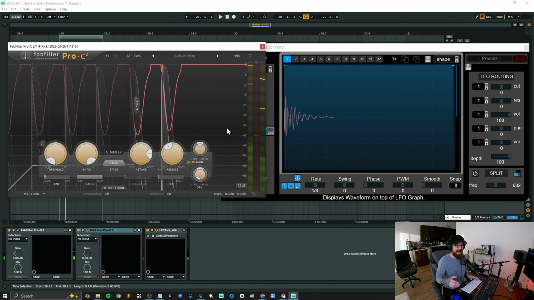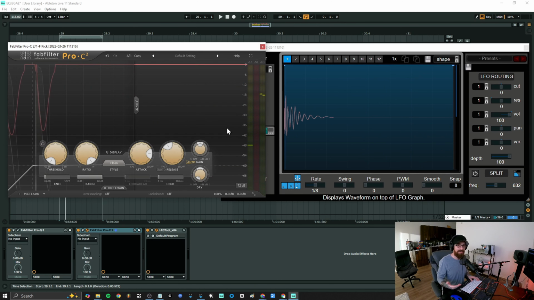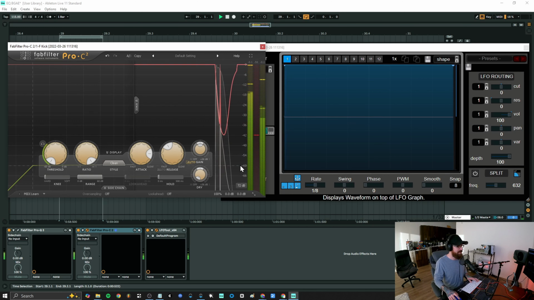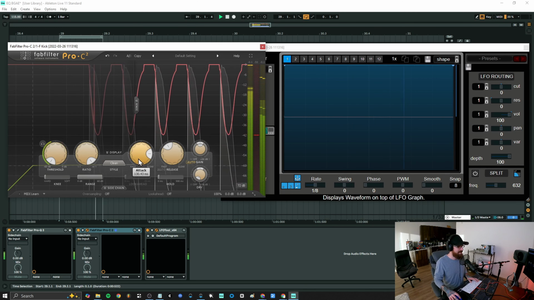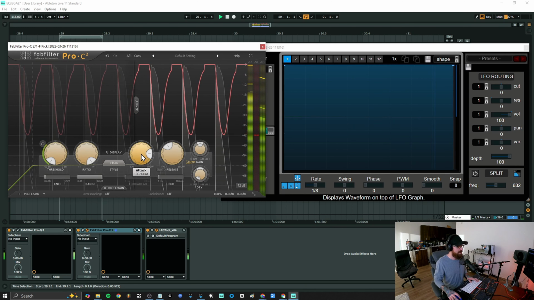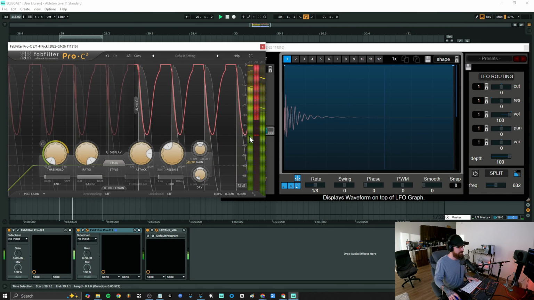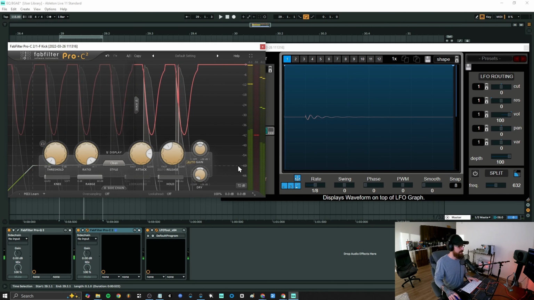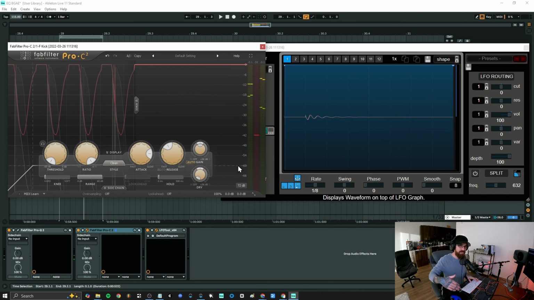But it doesn't actually reach its peak compression because it doesn't have enough time to react. Remember, our threshold is at -60. And with an attack time of 130, which is the whole length of our kick drum, it's actually only reducing it by 42 dB. It's not actually reaching that full 60 mark that we told it to go to. If we increase this as far as it can go,